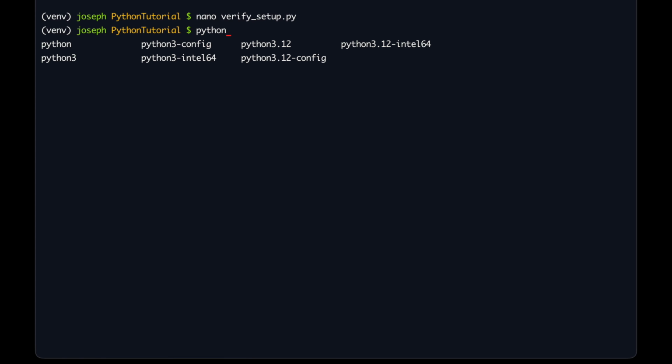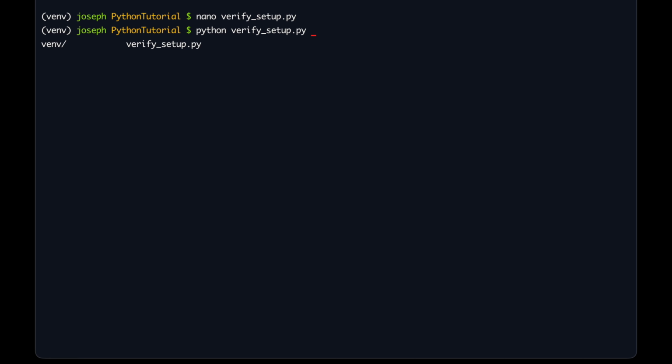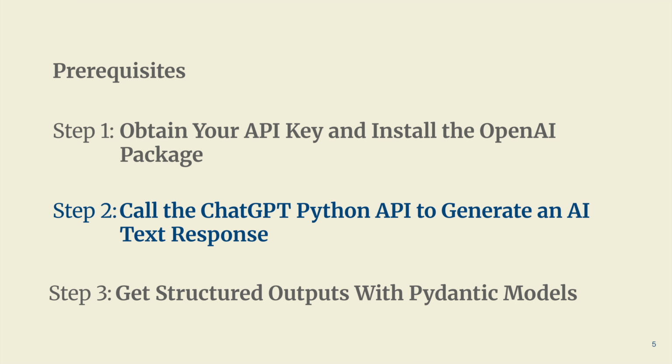Run this file from your terminal, and if everything is set up correctly, you'll see the following output confirming the client was created successfully. This verification confirms that everything works well. If you see an error about a missing API key, then double check that you have set up the environment variable correctly in your current terminal session. With that, we are ready to move to step 2, that is calling the ChatGPT Python API to generate an